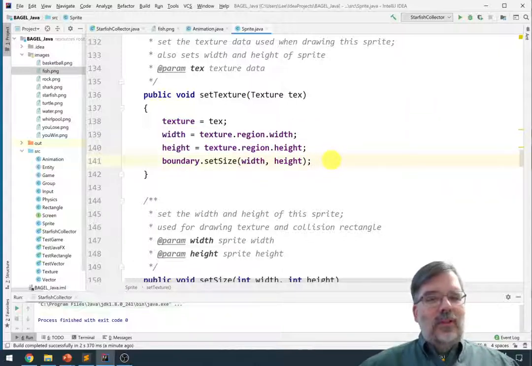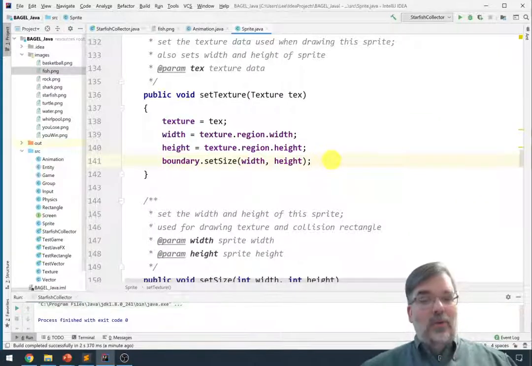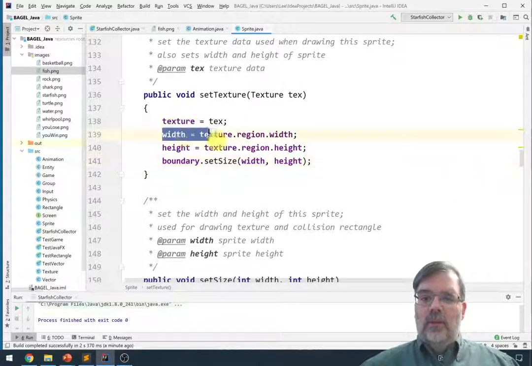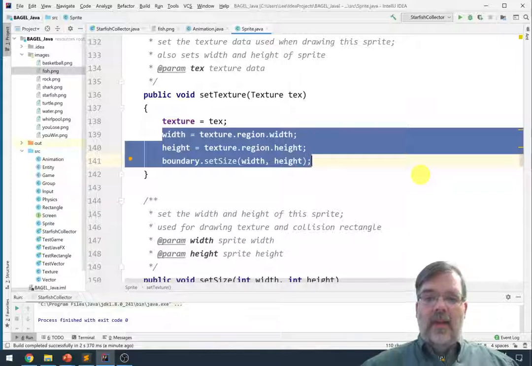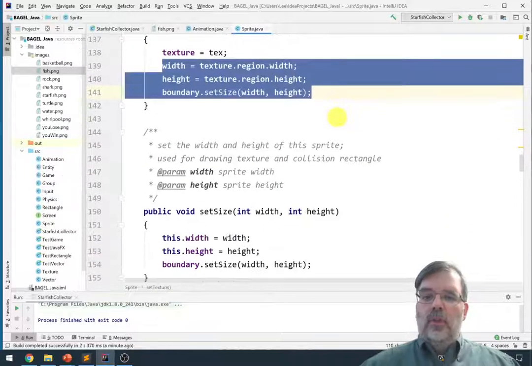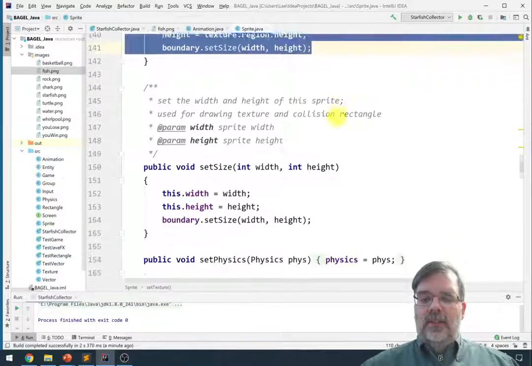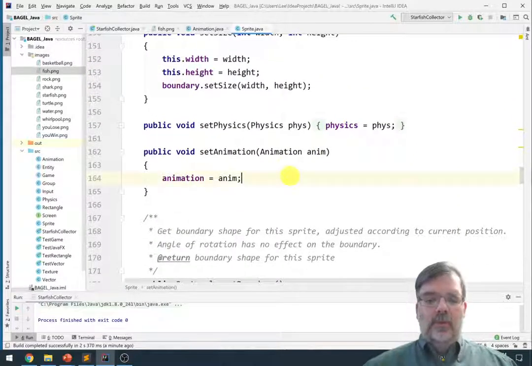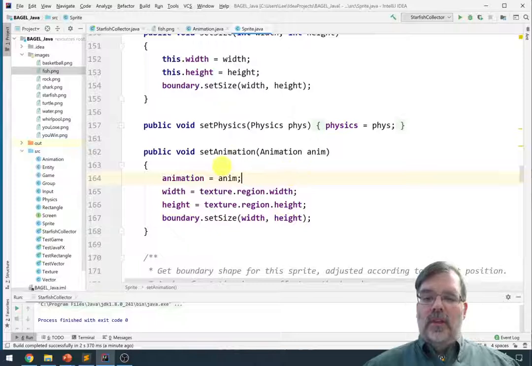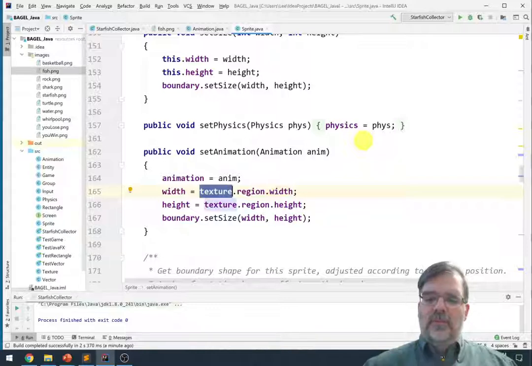So what we should really do is add a little bit more code to the sprite class. In the set animation, it would also be good to set the width and the height, and also the boundary while we're at it. So in the set animation code, we're going to add a few more lines here. In this case, it doesn't matter which frame of the animation we use. So maybe we'll use